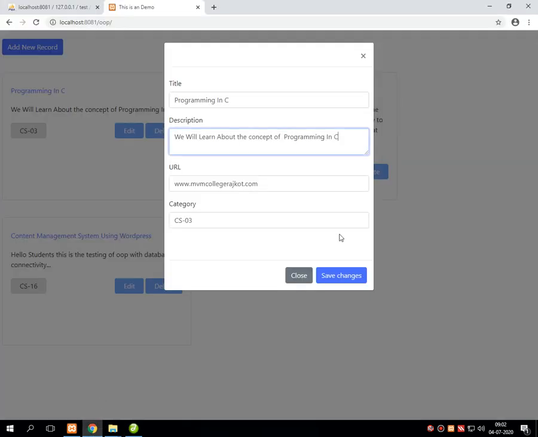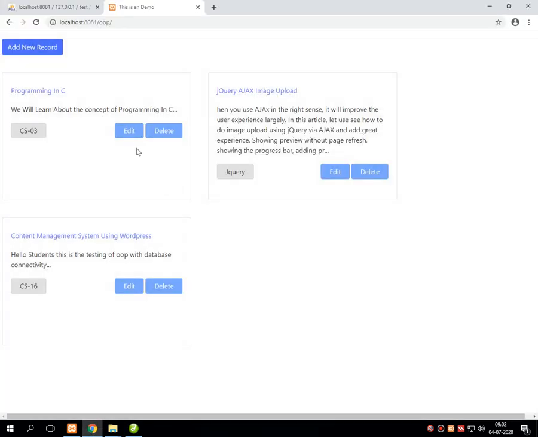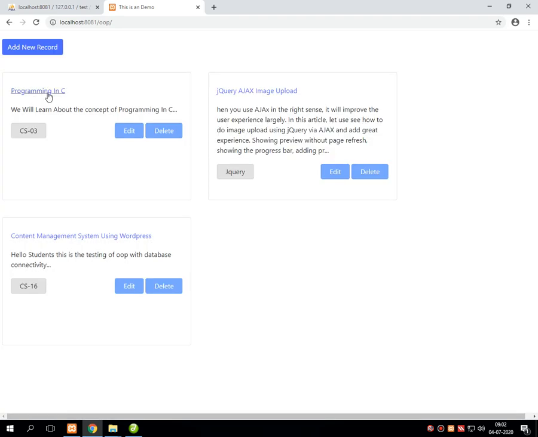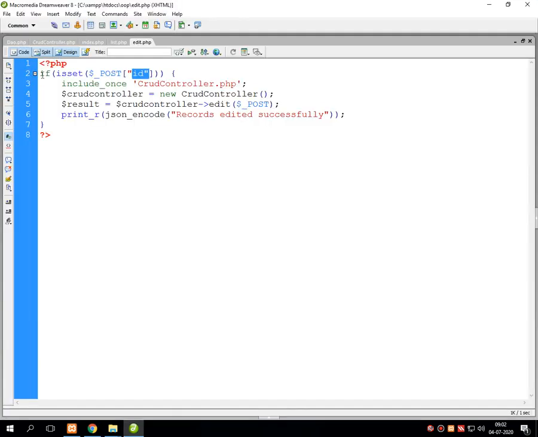That means whenever the user presses the edit button, this particular title and its ID should be passed into the edit.php file. That is going to be checked over here, and once something is there inside the variable called ID, it goes for the further process.